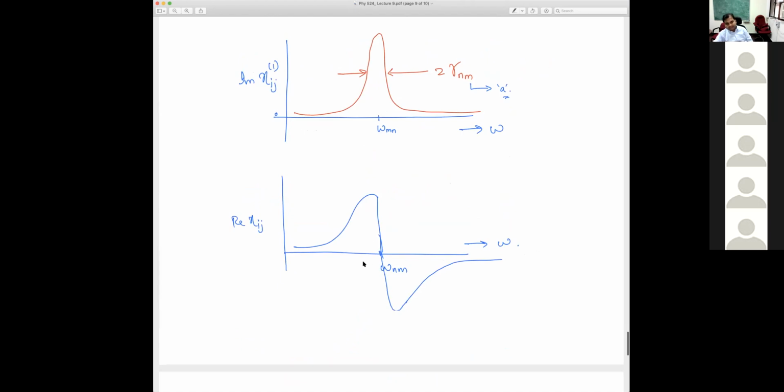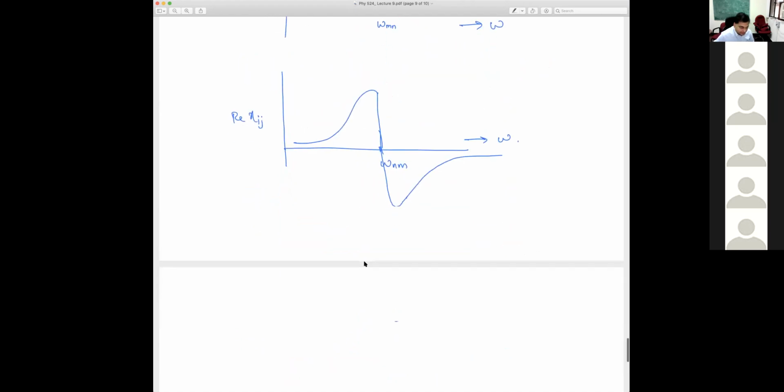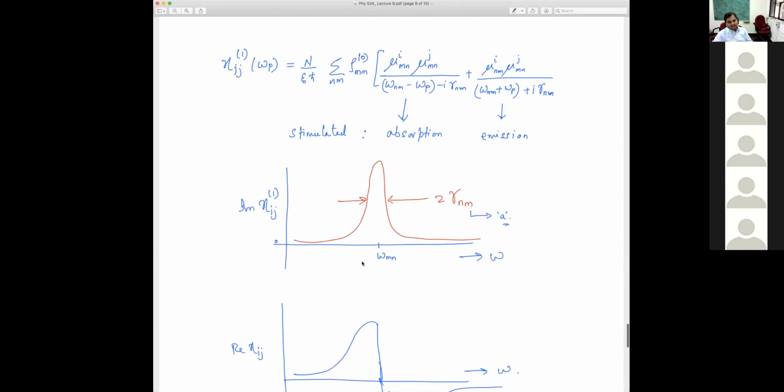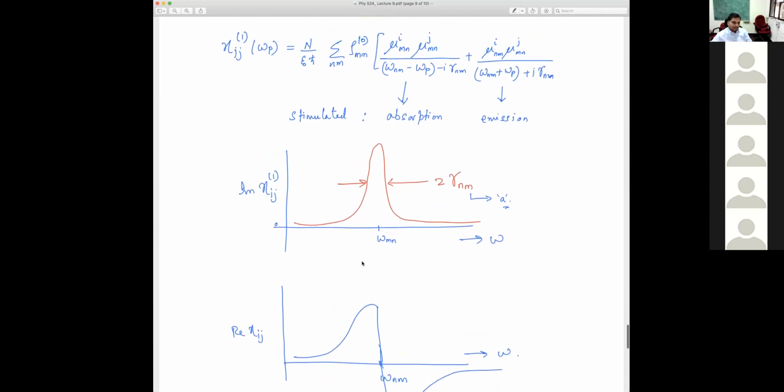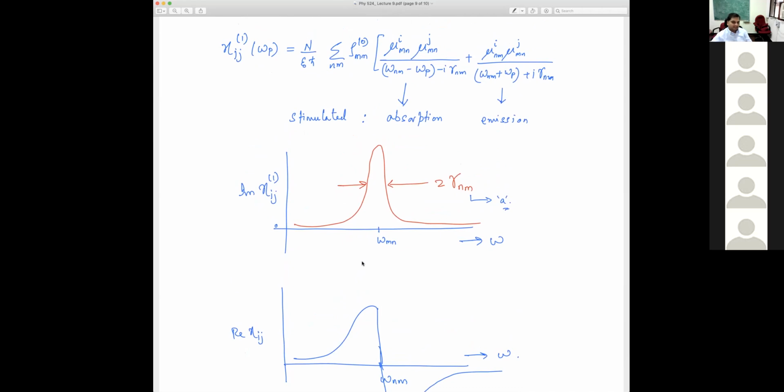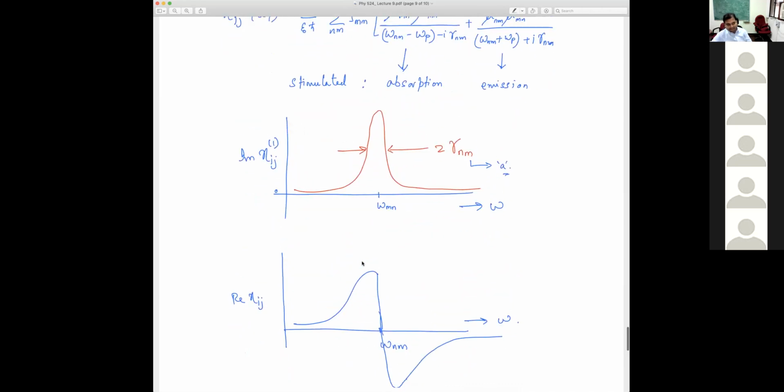Okay. And another thing that I should have mentioned yesterday, or that should be mentioned along with this, is the relation between the real part and the imaginary part of any response function. The susceptibility is the first order response function. They are connected by what are called Kramers-Kronig relations. We will do them in a later class. I'll argue in general how they are connected, and Kramers-Kronig we should definitely know. Even the nonlinear parts will be connected by Kramers-Kronig, etc. So that I'll do in a later class.